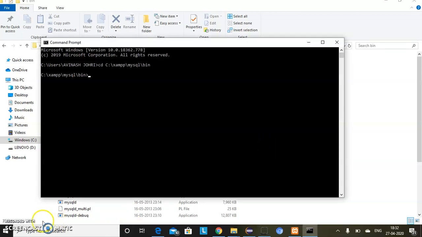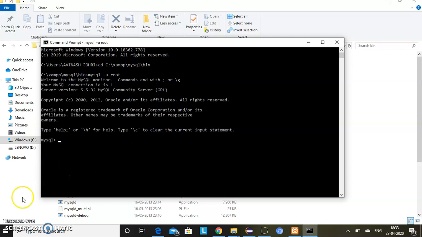Now we need to create some tables. Using MySQL with user root, there is no password in it. I will let you know we can create a password also.